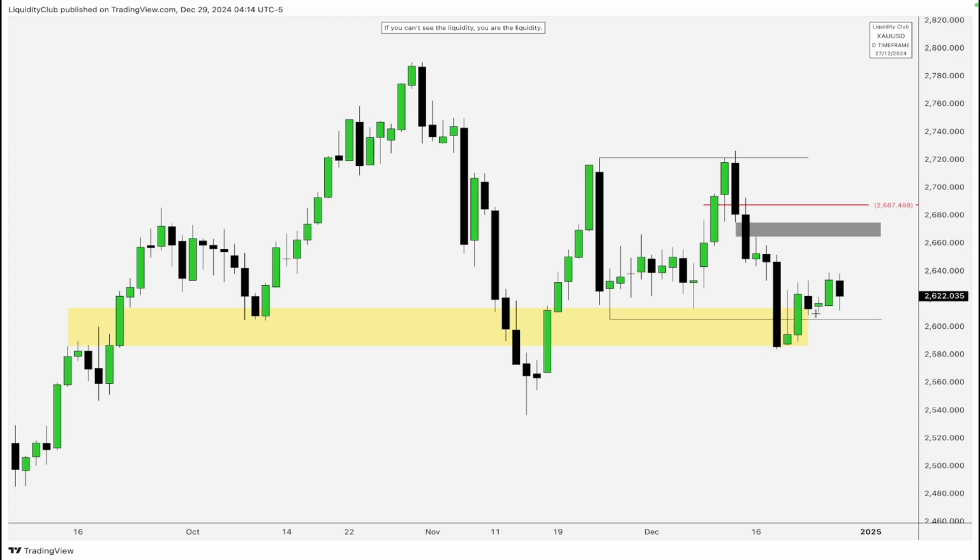Now from here, I'm expecting price to retrace into the internal range liquidity. We have this fair value gap, this CB, sell side imbalance, buy side inefficiency. I'm expecting price to trade up higher, reach towards this level, and then from here it depends how we trade here, if price wants to continue running up higher or if it wants to trade down lower. That's going to be pretty much it for this weekly review.